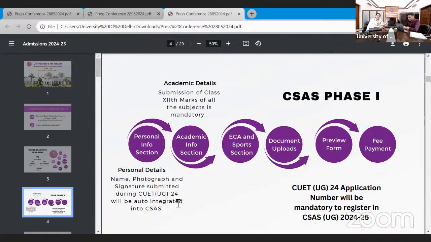In CUET you had entered this gender and here you've changed your gender. For example, you've entered CUET on some category. Now you've changed your category. So there would be a warning that in CUET you had filled this category and in CSAS you are applying for this particular category. So that you should be careful that the data is matching with your CUET data. It's important कि आपका CUET data से match करे।